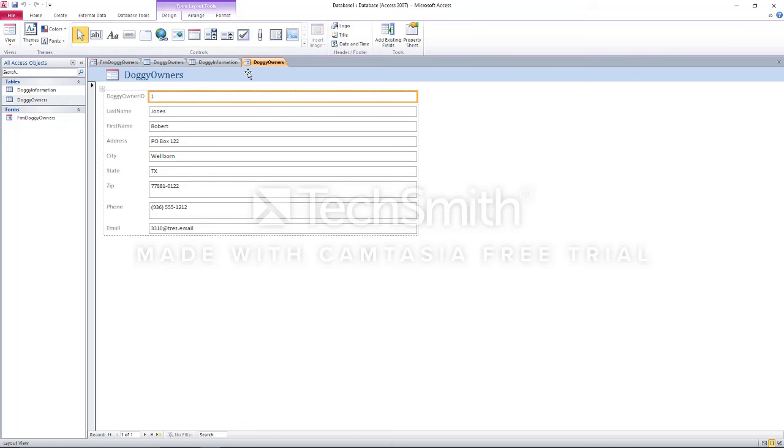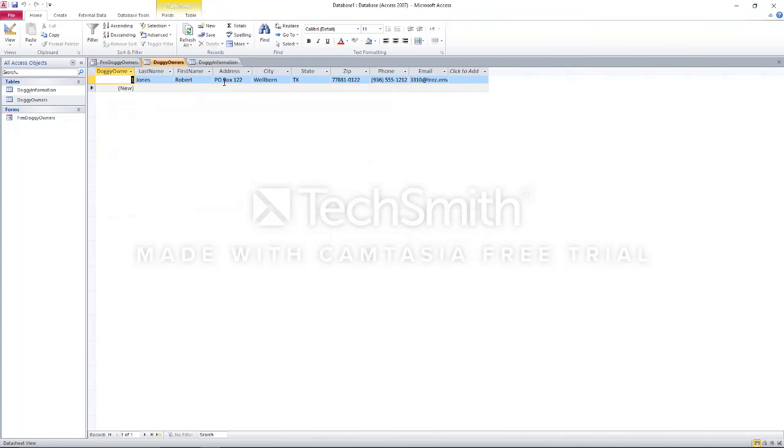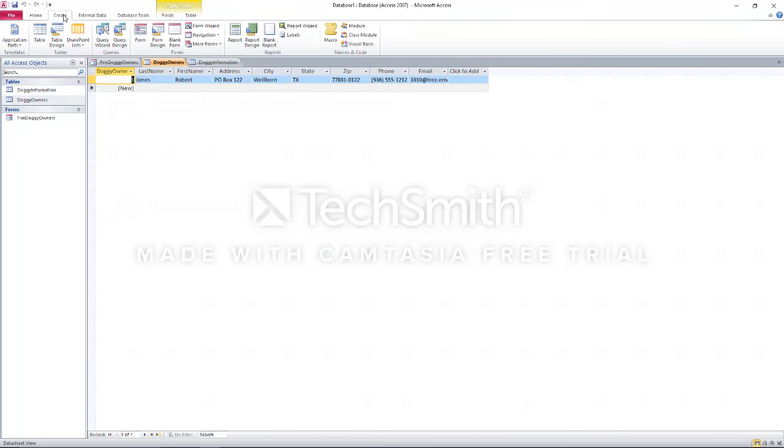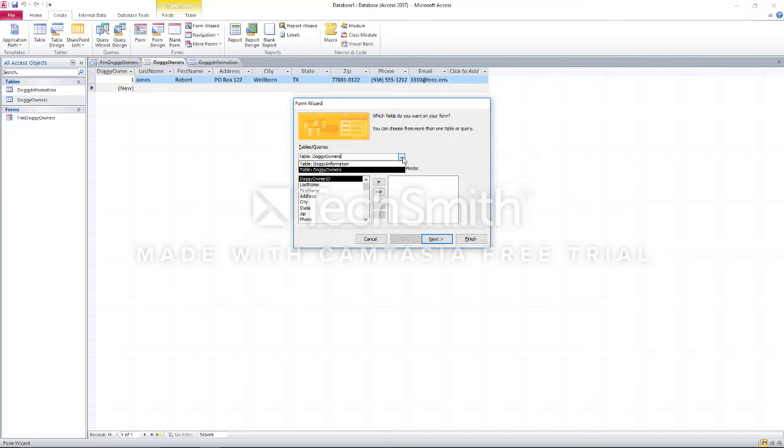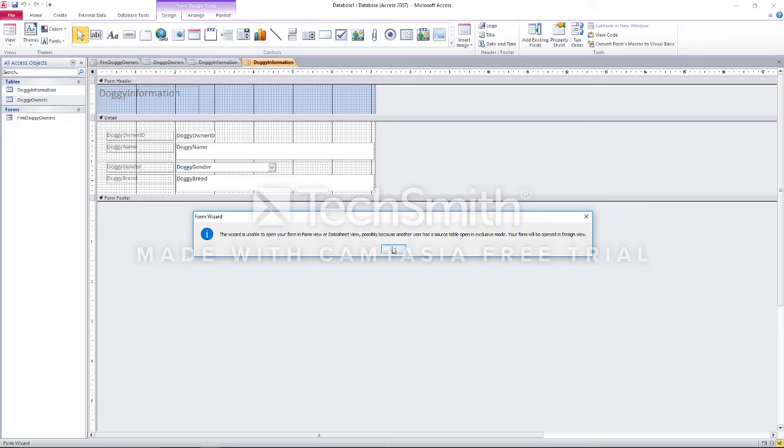Well, it made a form very, very quickly of doggy owners. I don't actually want that. I don't want to save it either. So I'm going to say no. If I go up here to create using the form wizard, and I go to doggy information, and I put all these things over here, and say finish,